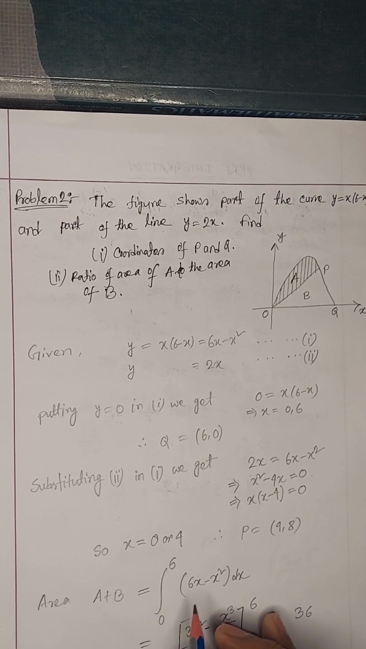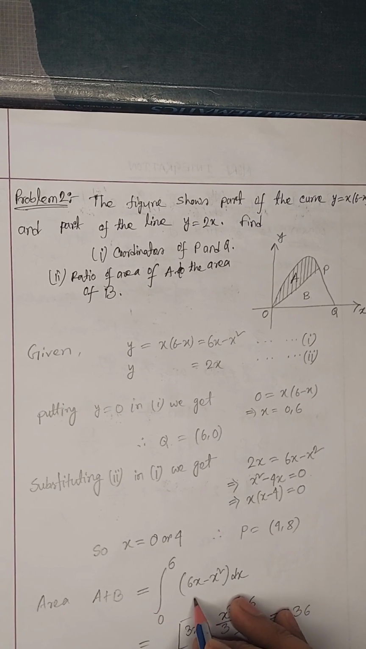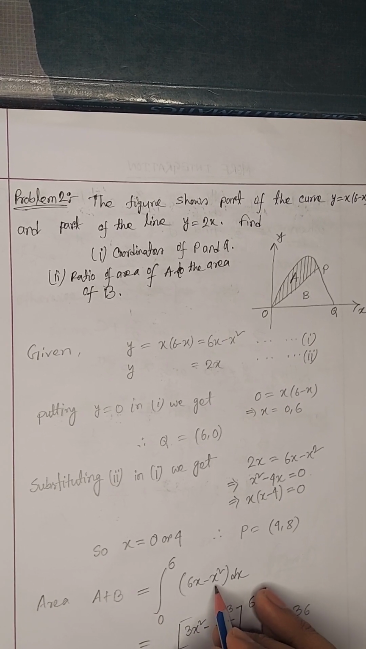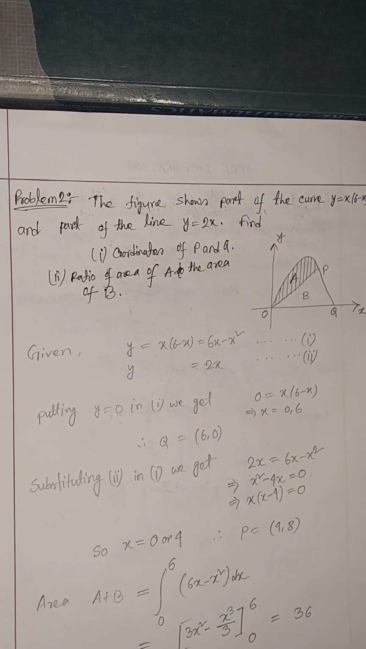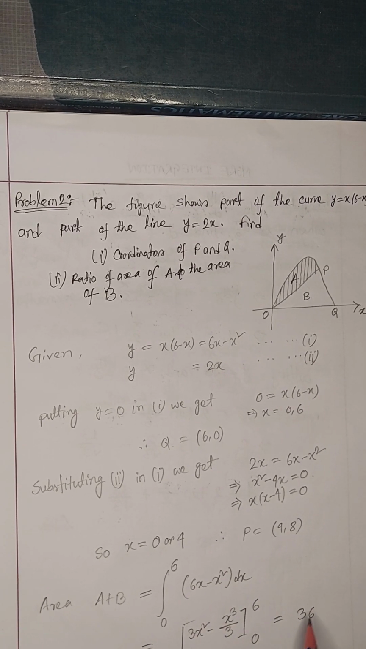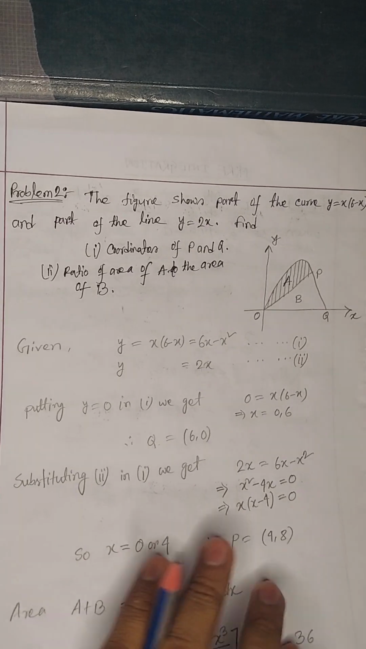Now the area of a plus b will be, we have to integrate 6x minus x square dx from 0 to 6. It is a definite integral, so we get a definite value here. The value is 36. Then